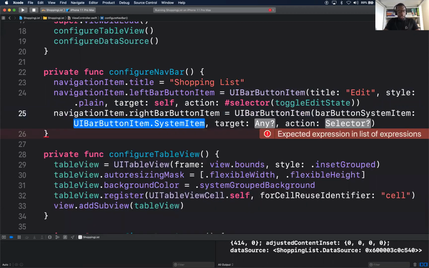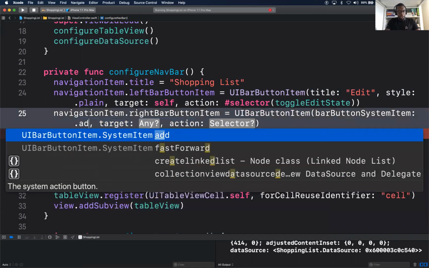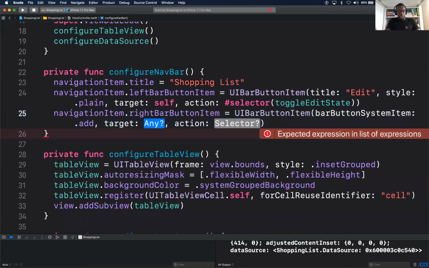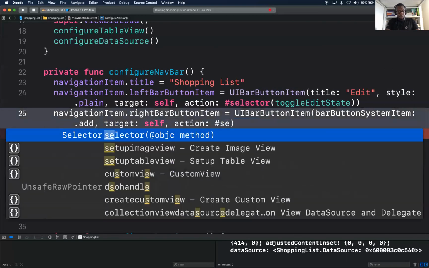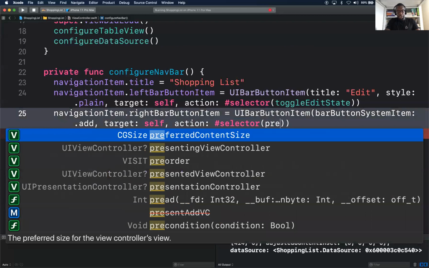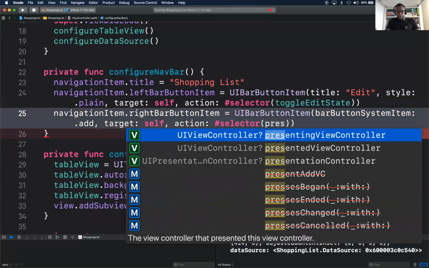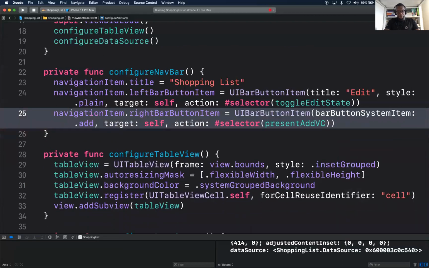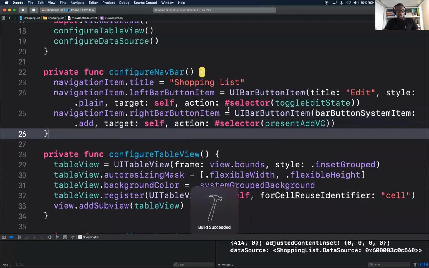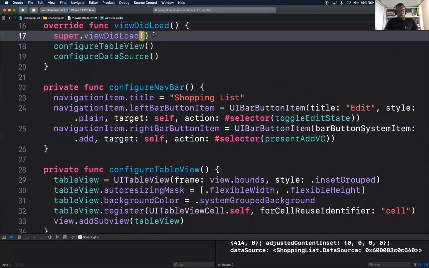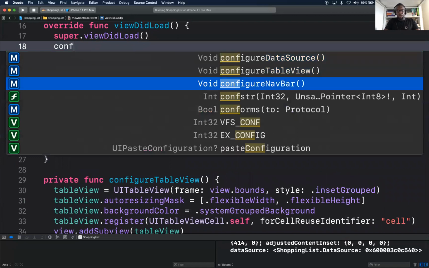And for that, we'll say add, target self, and the action is selector and presentAddVC. And call your configureNavbar.